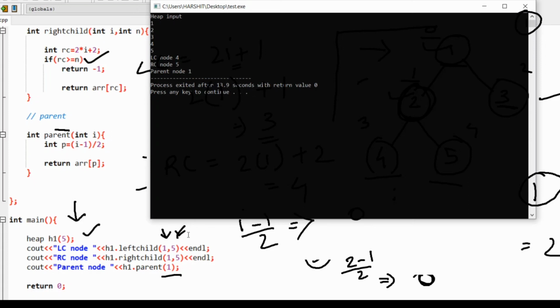Using the left child formula, the left child node is 4 and the right child node is 5. And the parent node will be 1. So basically these are the node values which we are returning using the member function. So this way we can construct a heap using class and objects.